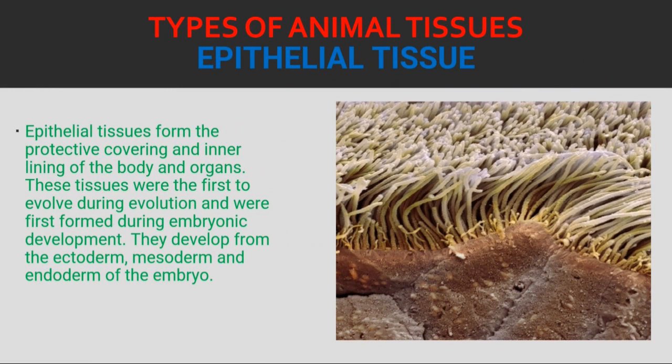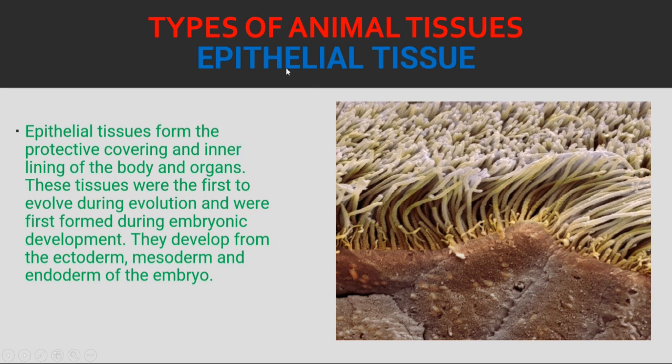Now, epithelial tissue forms the protective covering and inner lining of the body and organs. These tissues were the first to evolve during evolution and were first formed during embryonic development. They develop from ectoderm, mesoderm and endoderm of the embryo. Epithelial tissues provide a protective covering and an inner lining of the body and organs. They are mostly present inside our